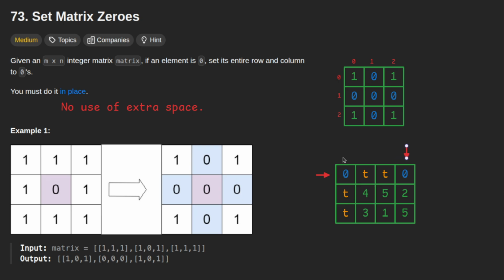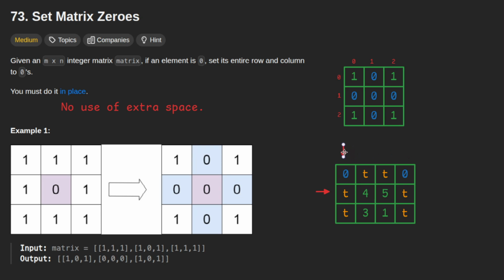So what I will be doing, I will be converting the whole row to t. It's already converted, but it will convert it again, and then I will convert all the columns to t, right? Then I will be moving my row to the next row. Okay, again I will be resetting my column